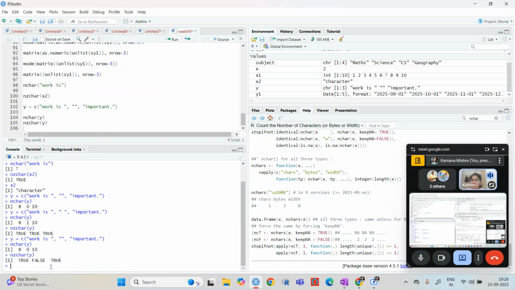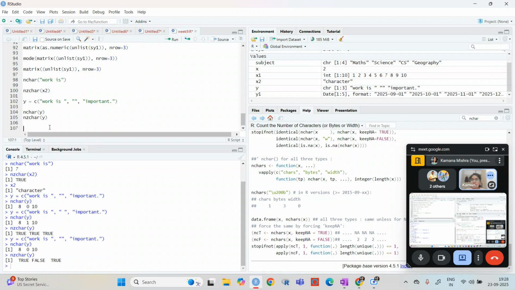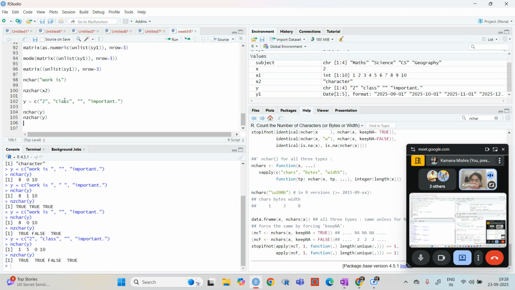Okay, now just to not be mistaken, I'm going to write 2 plus. So why have I written 2? So that you can understand that if I'm writing like this, that is also coming under the character.